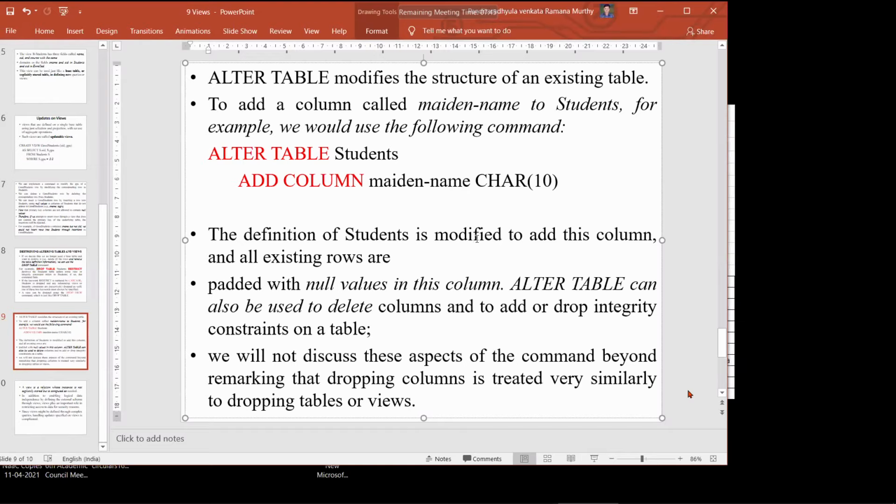Using the alter table, we can also include some data in our default values. Clear? Or later, we can edit those values. Similarly, whenever you are inserting a new column in the existing table students, you can delete also. The deleted columns, we call as drop column also.